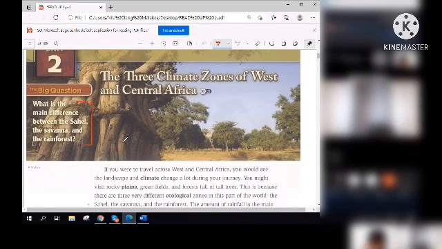The Sahel is usually very dry, and most plants and animals cannot live there. And rainforests have a lot of plants and animals, and there are a lot of rains there. And how about savanna? I don't know much of savanna.